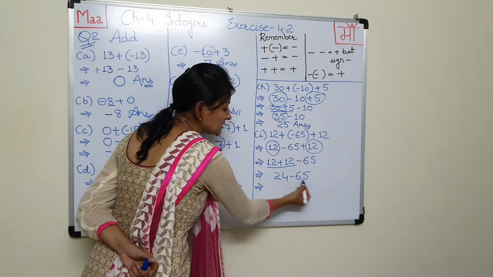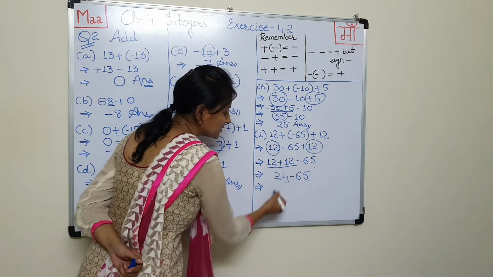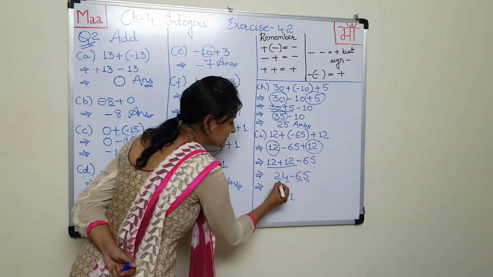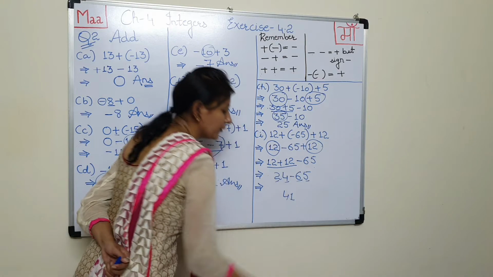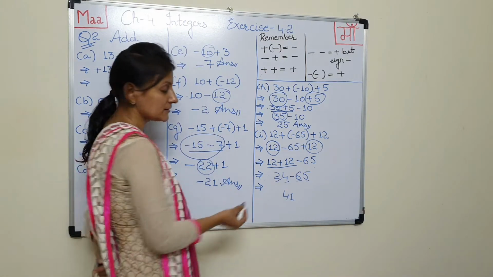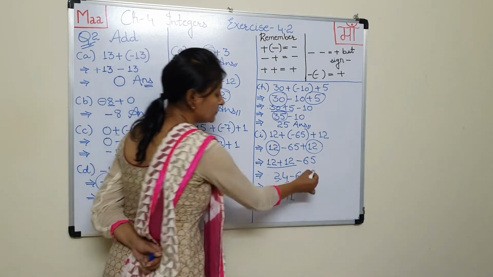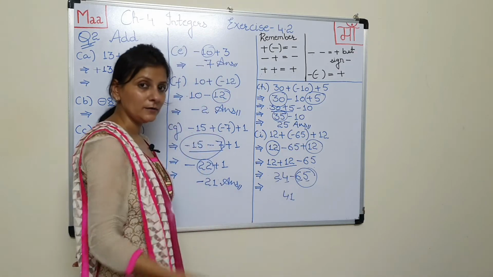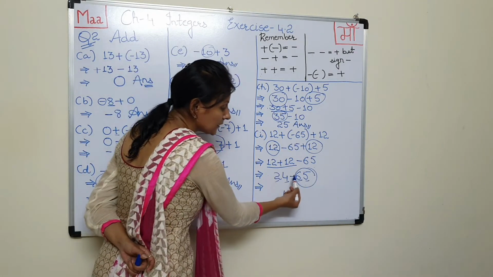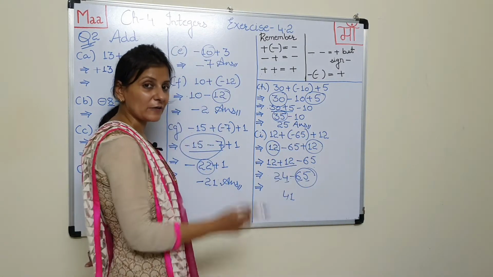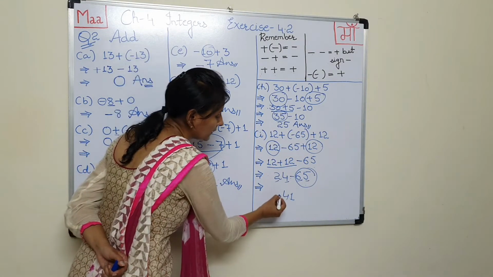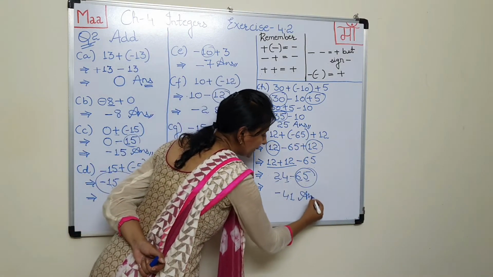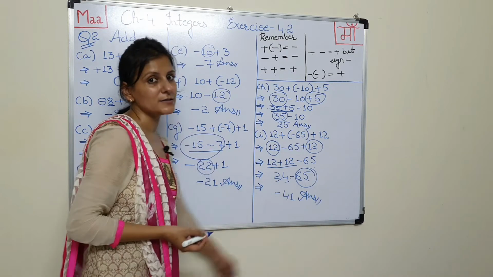So do subtraction. 65 minus 24. 5 minus 4 will give you 1 and 6 minus 2 will give you 4. Okay. Now see which number is greater, 24 or 65. Obviously 65 is greater than 24. And which sign is there before 65? It is negative sign. So in the answer also you will put negative sign, and this will be your answer of